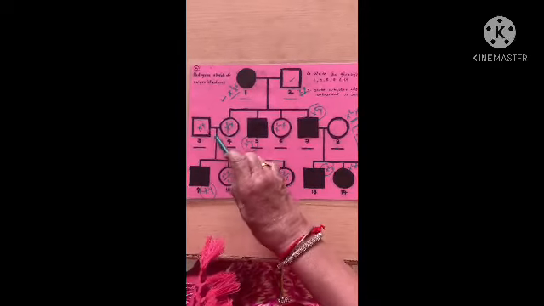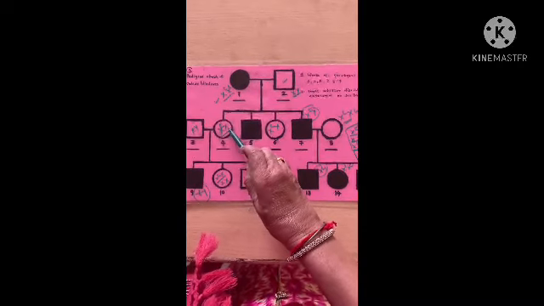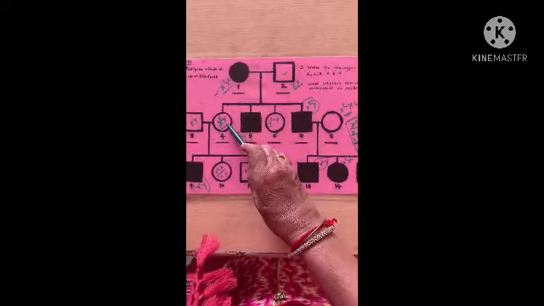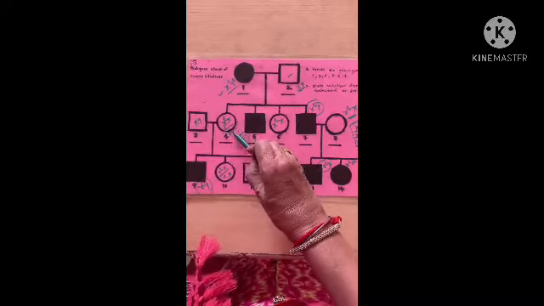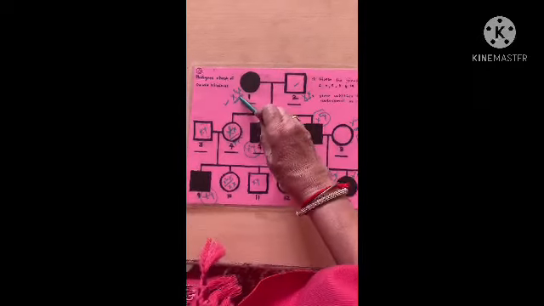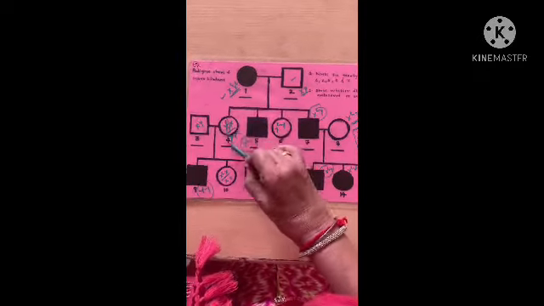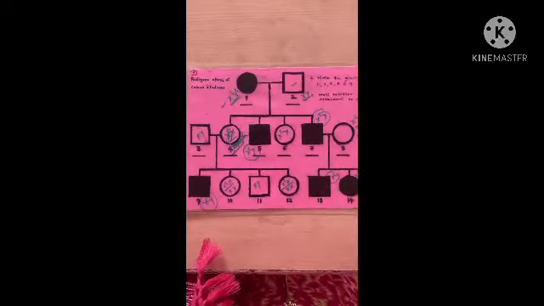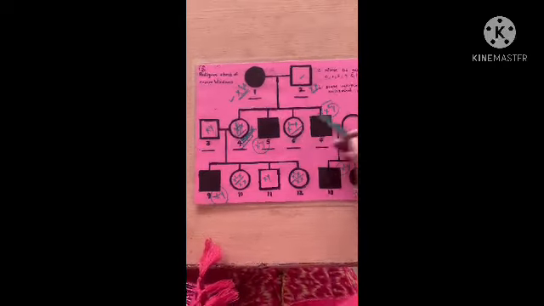So what is the possibility for this female? It cannot be XCX, or XY. It cannot be XX because she is not color blind. Now the second possibility, why can we not say she has XX? Because from this female she has received this defective gene. So that possibility also gets ruled out. Understood? That is why we cannot say that this female can be 100% normal for color vision. The same way for this female also.